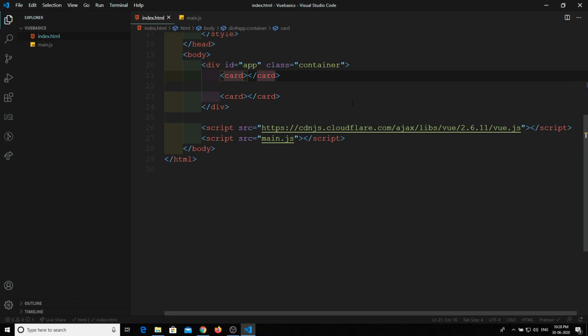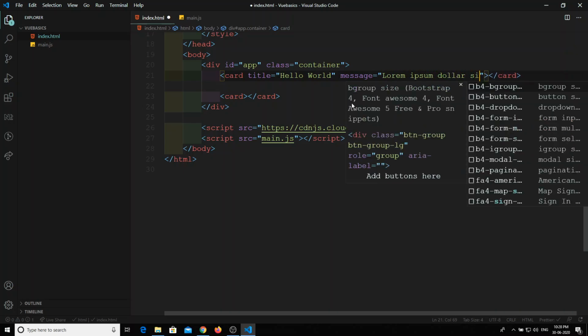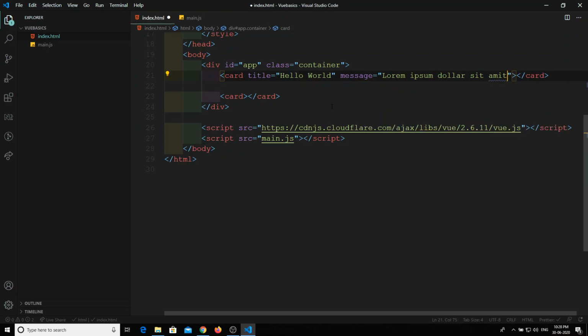Fine, the card, what we are trying to send is title. Title will be sent, and the message, let's think of it as a description, I am writing it as a message, whatever. So we will have some lorem ipsum, whatever string, whatever message you want to send.